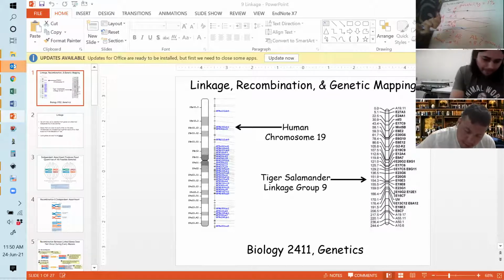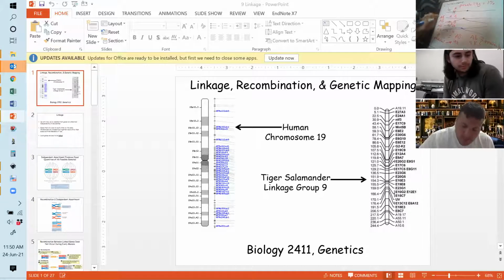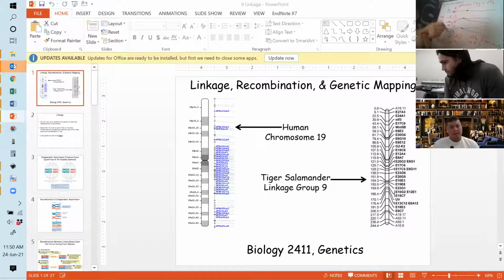If the probability is 1%, you'll get 1% recombinants and